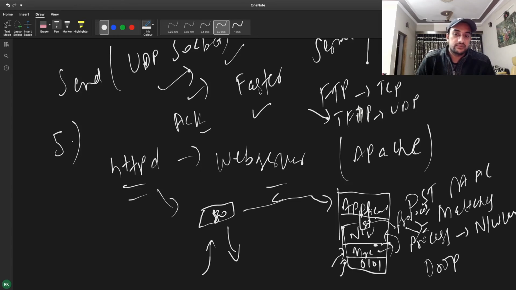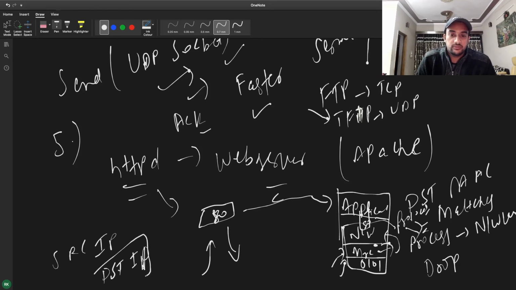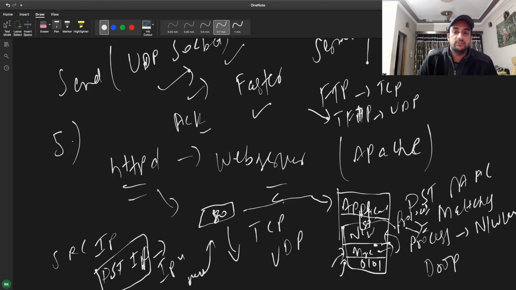Once it accepts that packet and removes that header from the packet, it will send it to the network layer. The network layer will process its header, which is like destination, and we talked about source IP and destination IP. So it will process the destination fields now because it's receiving the packet. It will check if the destination IP is of that particular machine, and only then it will accept. And there is one protocol field in the IPv4 header which will tell which is the next protocol. It will show either TCP or UDP, and on the basis of that, it will send the packet to the upper layer.